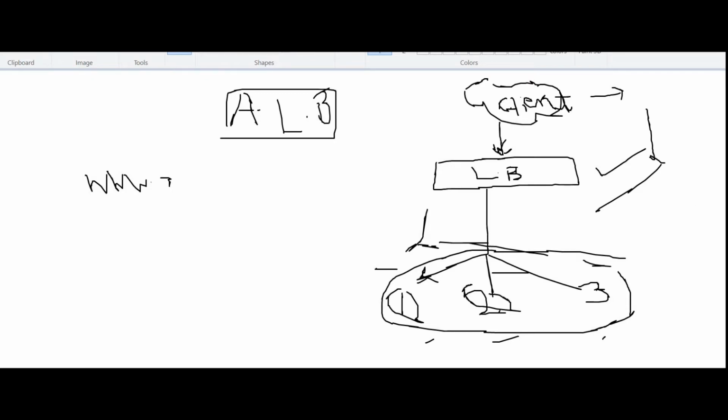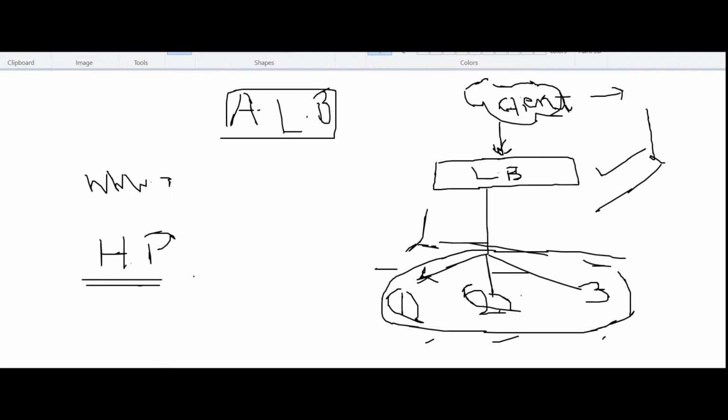Okay, and in the load balancer we have a concept called health probes. Now let me tell you what health probes are. Health probes are mainly responsible for checking the health of your virtual machines. We have three virtual machines in this example, and the function of the health probe is to check whether these three VMs are healthy or not.